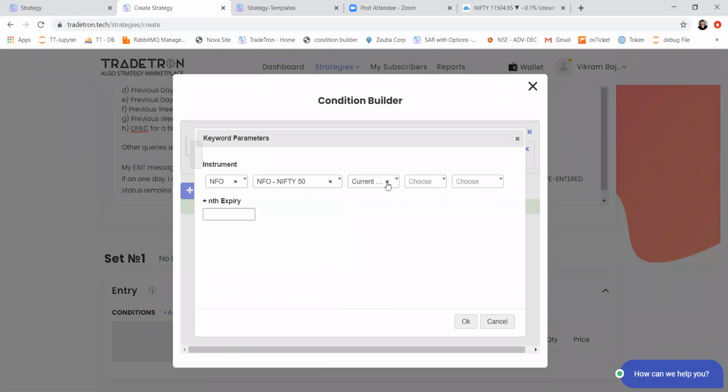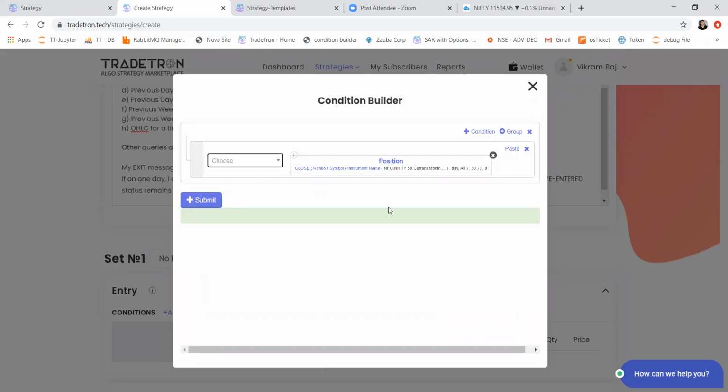So if expiry is not selected, then it is spot. If expiry is selected, then it is futures. Similarly, if you select any option type, then it will look for the option chart, and your conditions will be applied on the selected option with the given strike. But if you select only the exchange, instrument name, underlying name and the expiry, then it is for futures. So now this condition will be applied on futures.